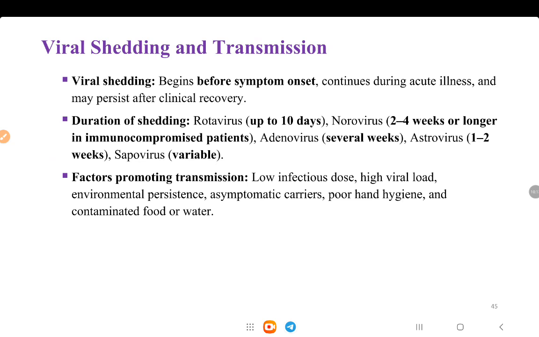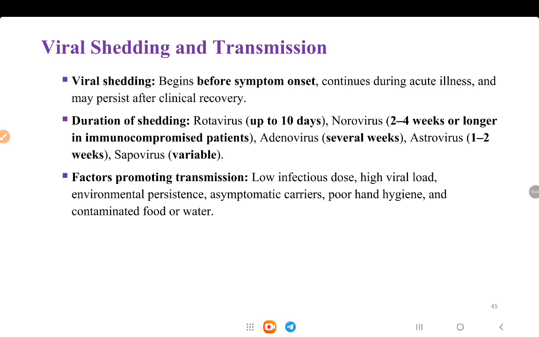Viral shedding occurs before symptom onset, continues during acute illness, and may persist after clinical recovery for a long time. The duration of shedding differs according to the virus. Rotavirus up to 10 days, norovirus 2 to 4 weeks, astrovirus 1 to 2 weeks, sapovirus variable,